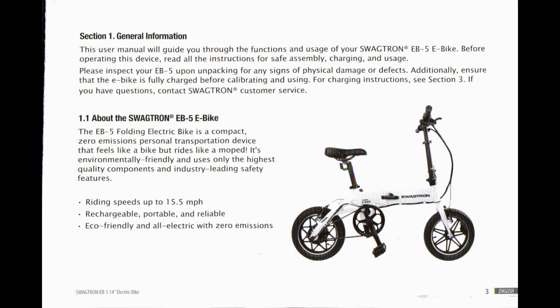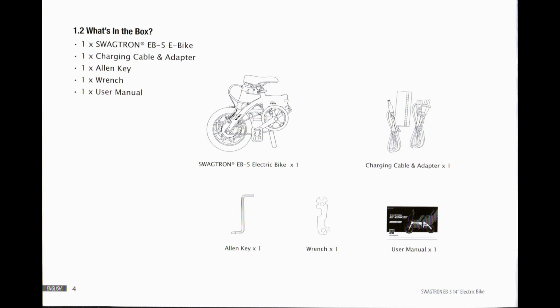Pull the head tube and handlebars upright. Figure 2. Fold the latch up, then turn the lock so that its end is inserted into the latch to lock it in place. Figure 3, latch, lock. Swagtron EB-5 14 inches electric bike. Lock, latch. Unfolding and folding the pedals: holding the crank